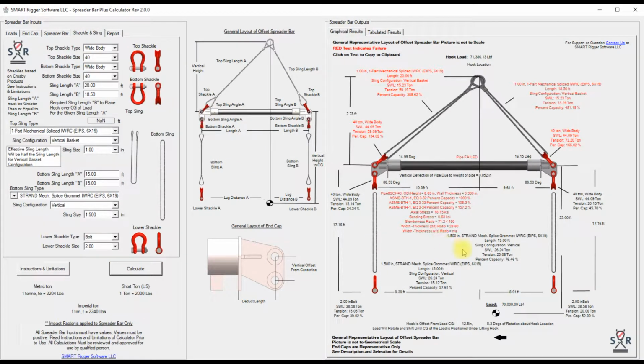Okay, so we get some warnings here. And what happened is I didn't change this back to vertical, and so I cut my slings way down, and so it aired out because it was not long enough to make the connection. So let's try this again. And we're back to vertical,